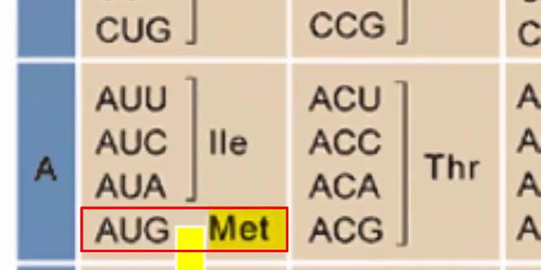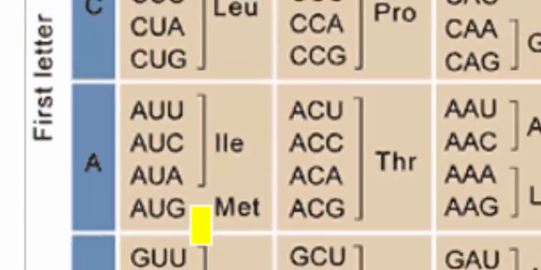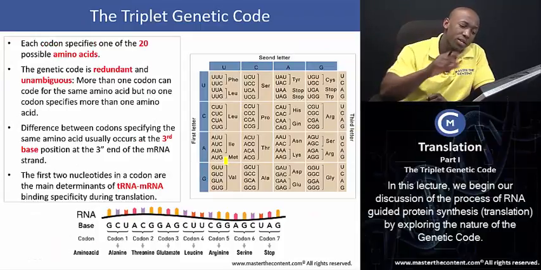Now, because AUG codes for methionine, polypeptides usually begin with the amino acid methionine when they are synthesized. Now, we have noted that we do have